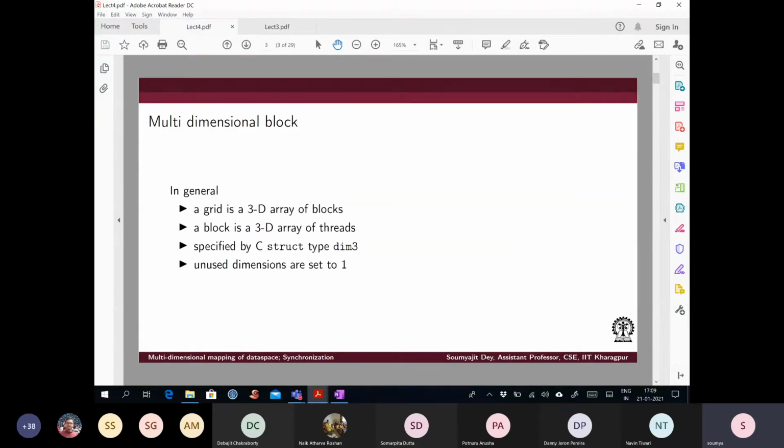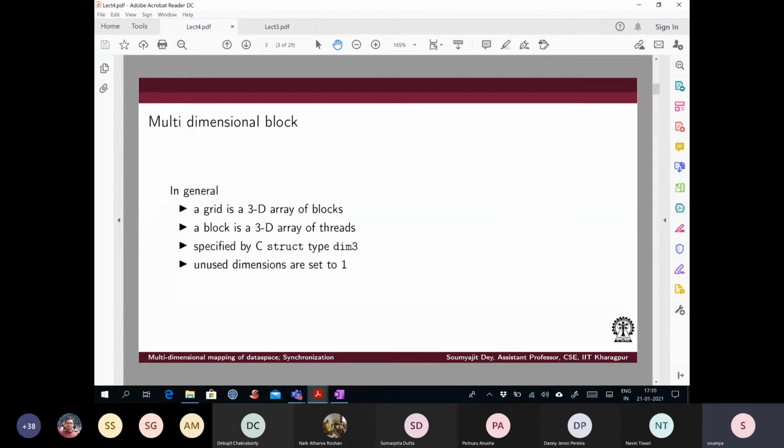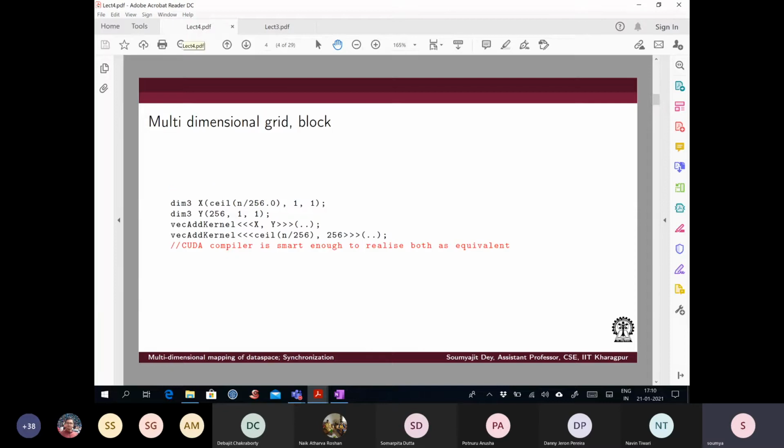And then we also had this fourth lecture, right? Now this was from where the real deal actually starts, like how really you can control the execution of multiple threads together. This is where we define how you can create these thread mappings using grids and blocks. You can fundamentally define a multi-dimensional grid and block.